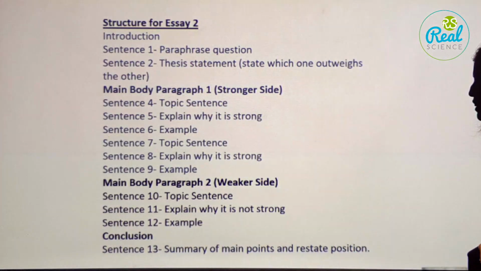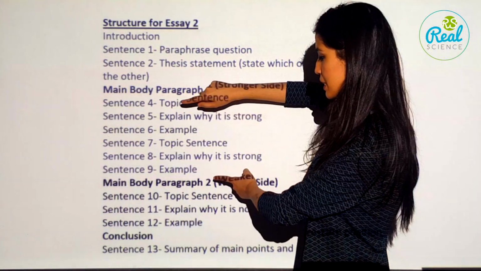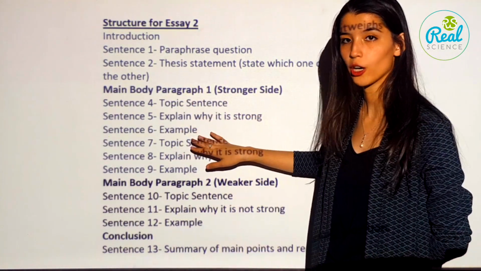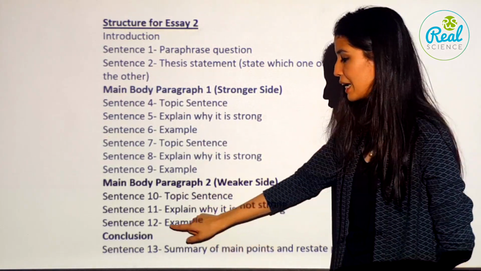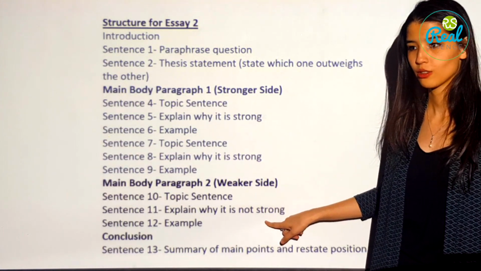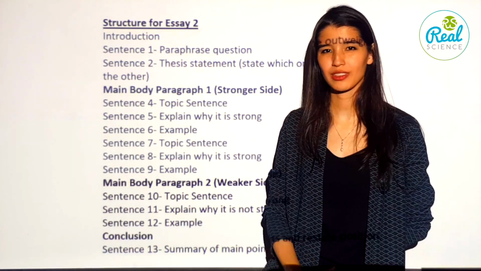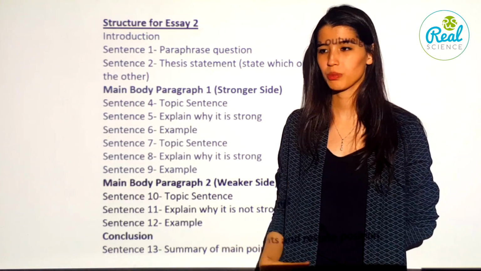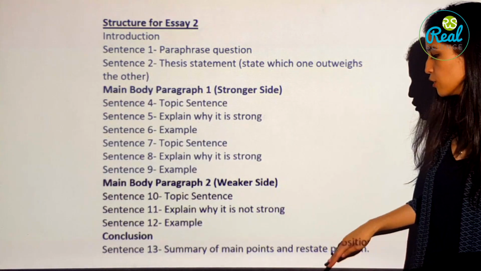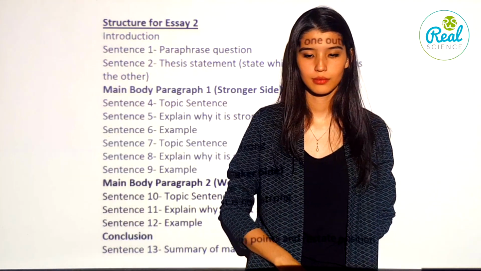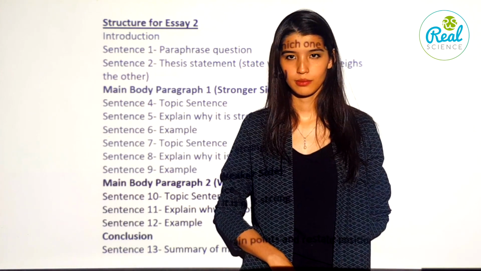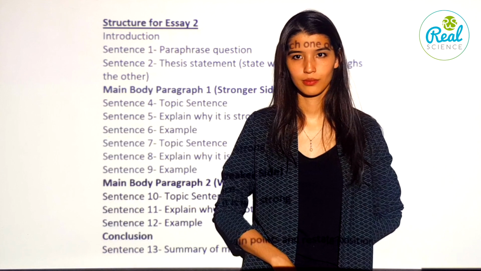Okay, great. So as you can see, it's double the size of this paragraph. You have to give 2 arguments here. Here you will give just 1 argument and explain why it's not strong. You have to say it's a problem, but it's not that big. It's not a big issue. It's not a big deal compared to these plus sides. Malika, can we give 3 arguments in body 1? No, give 2. Okay.